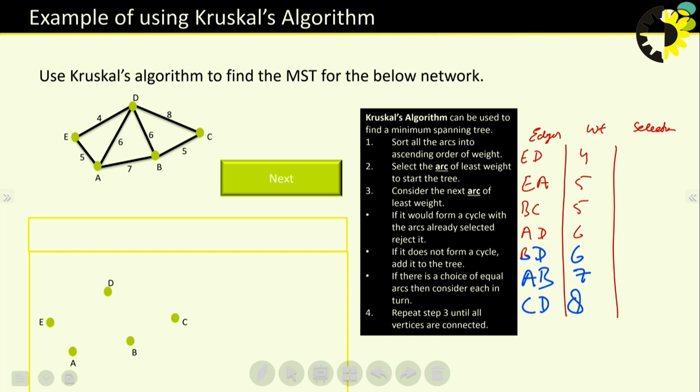Again we will select ED, which has the weight 4, so here we will select ED. Then EA, select EA, weight 5. Then select BC, value 5. But if you select the AD,